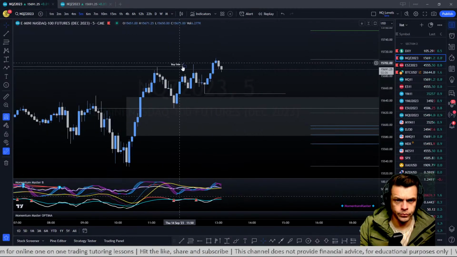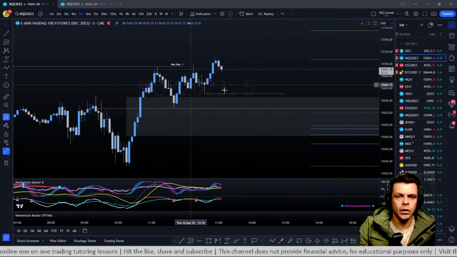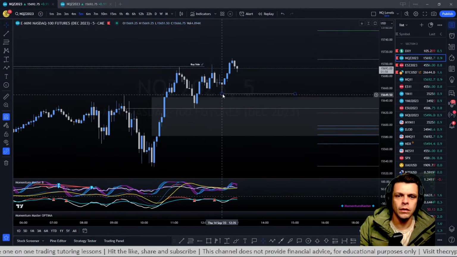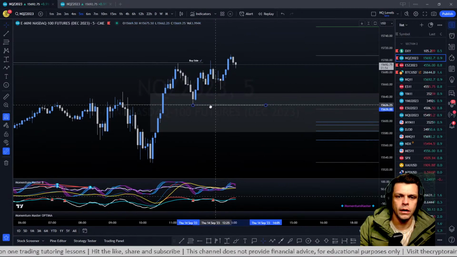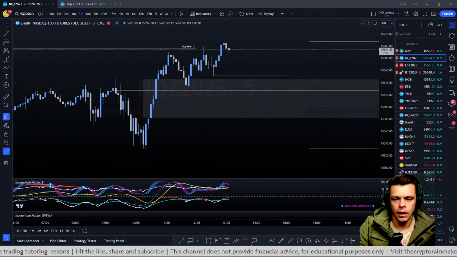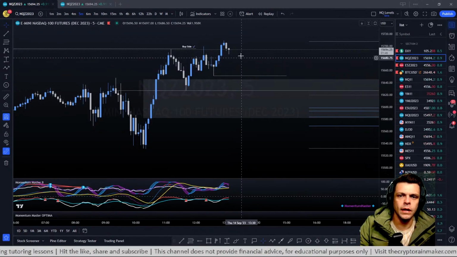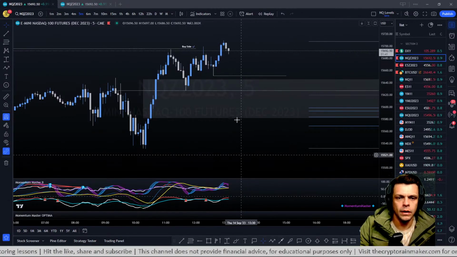And then this is kind of the second entry model that I use. It's just tap into buy side, wait for market structure shift. So you just keep on tracking the last higher low, and then you just wait for displacement below that, and then you just enter in a premium fair value gap if you go short,